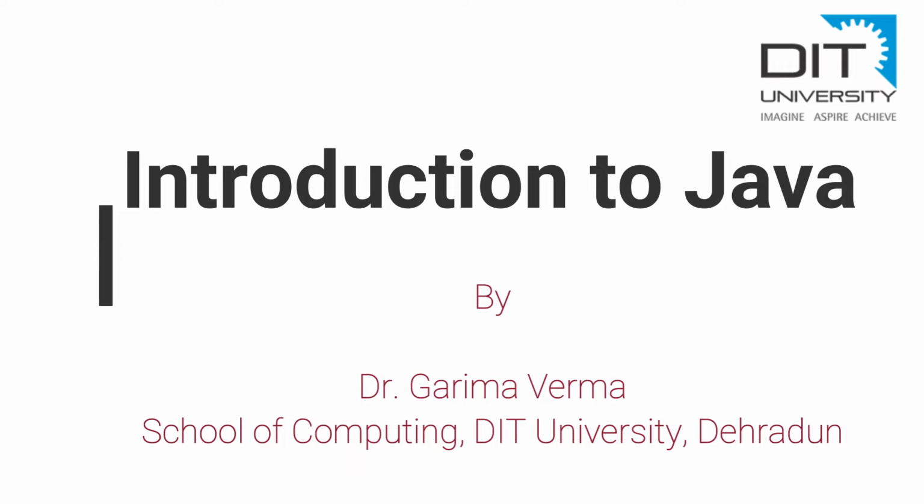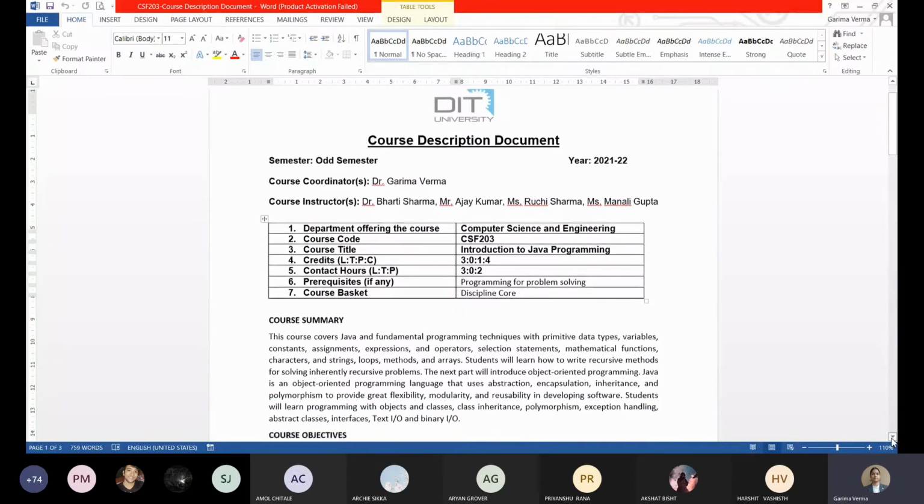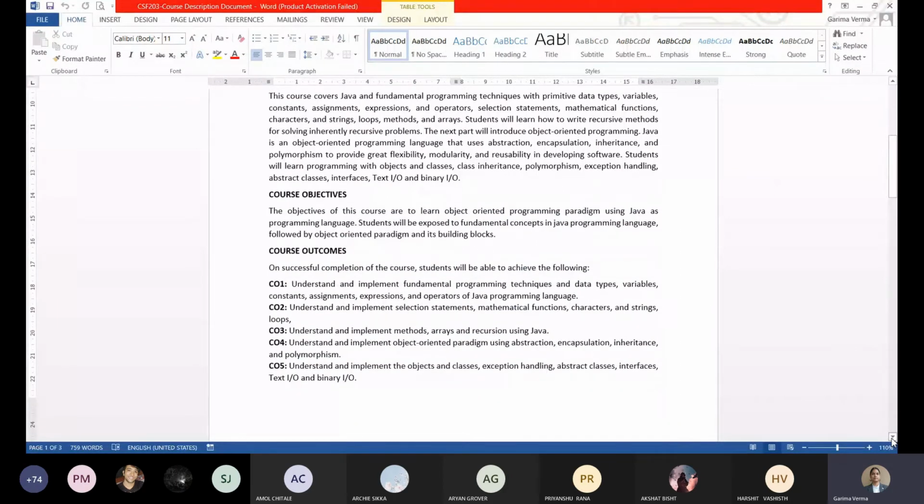during the description document. It is already uploaded on your Teams, so you can see the description document there also. And one more thing is uploaded on the Teams, that is the date-wise lecture schedule. So you can match the dates when your quiz is going to be held and when your unit will be completed. And what are the holidays, everything is there in the calendar.